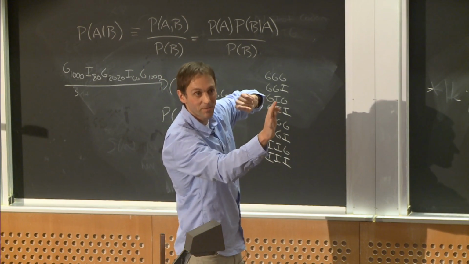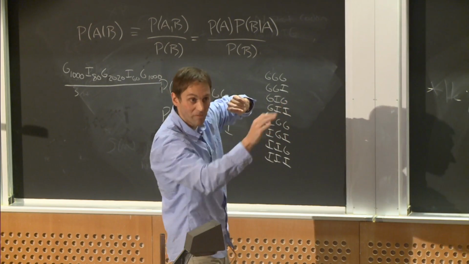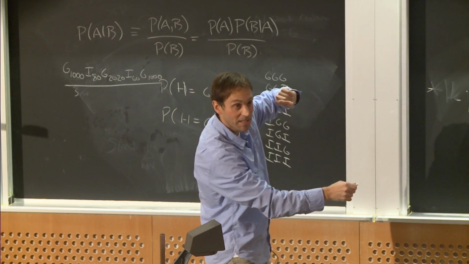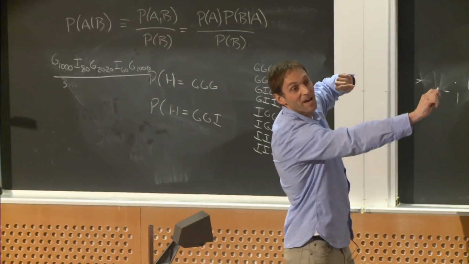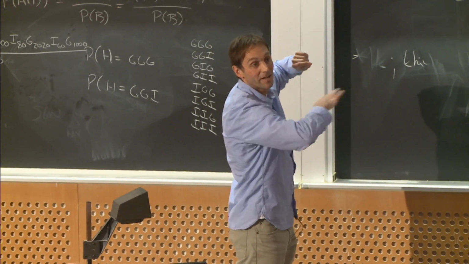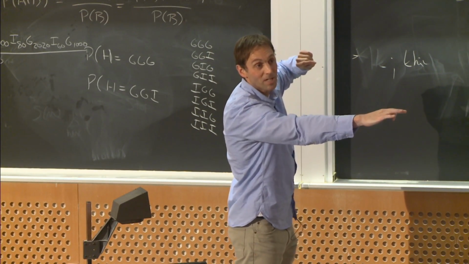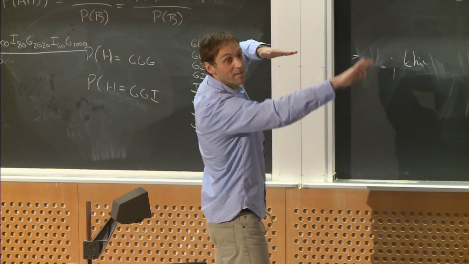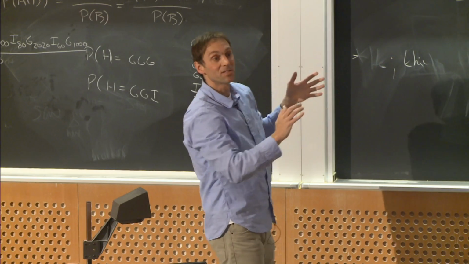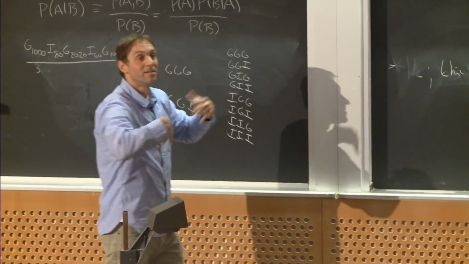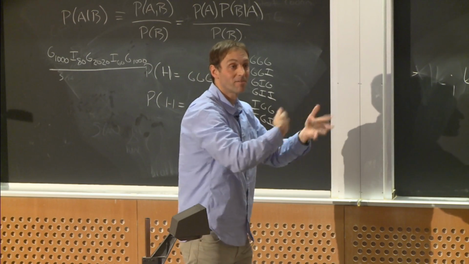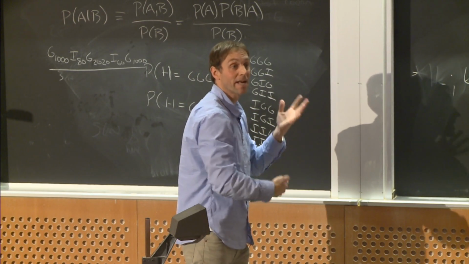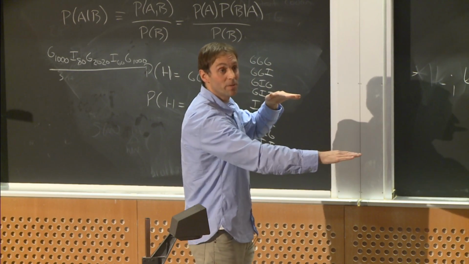You pay the penalty of starting an island, which is 10 to the minus 5th. This is maybe a slightly different way than you were thinking about it, but I think it's equivalent. Then you pay a penalty coming back of 10 to the minus 3. And all the other transitions are near 1, right? So there's like a 10 to the minus 8th penalty for going from genome to island and back. And so if the emissions favor island by greater than 10 to the 8th, it'll be worth doing that, right?